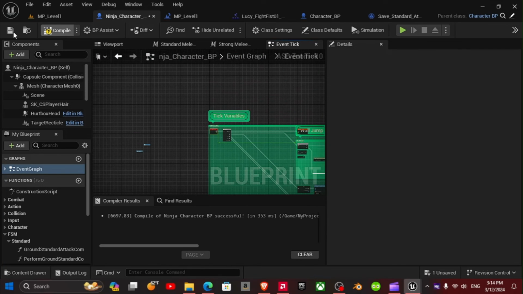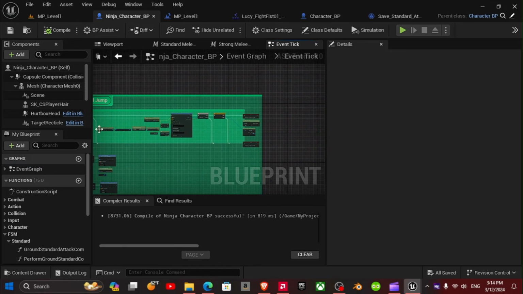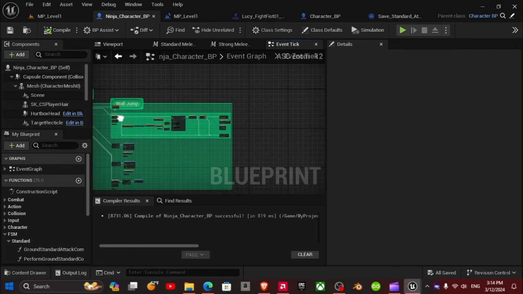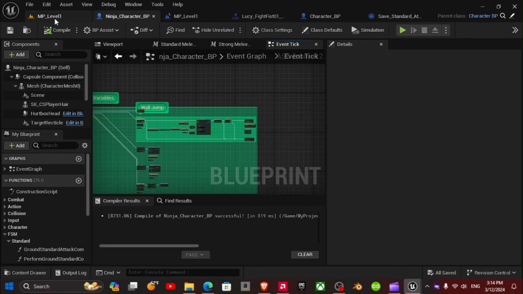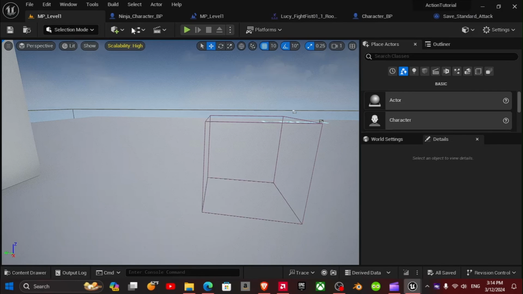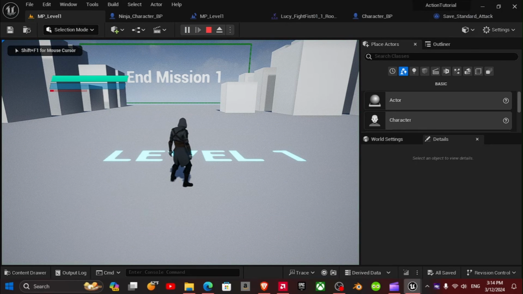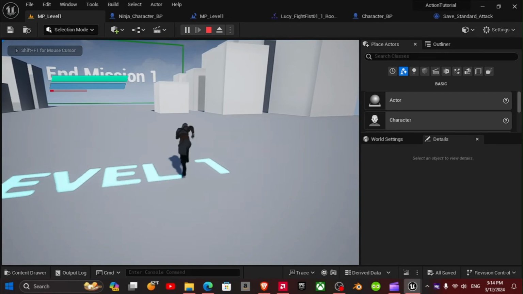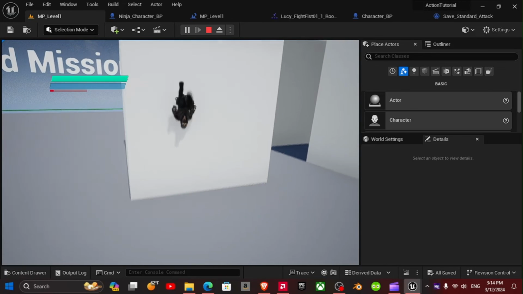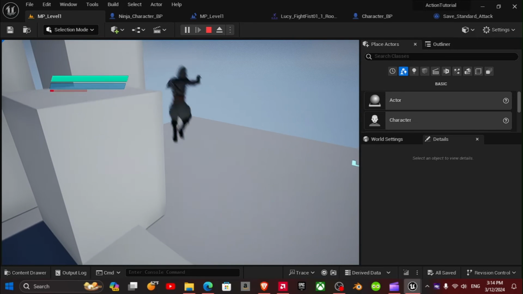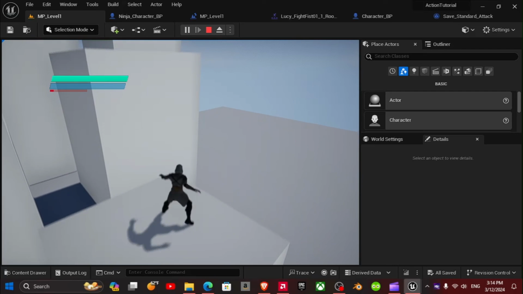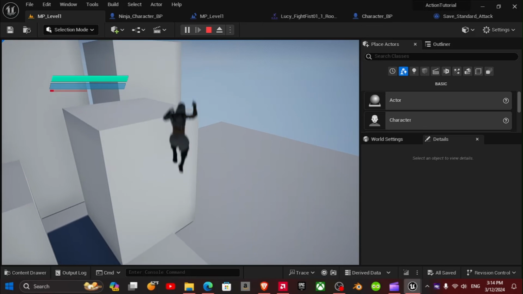Organize that. Let's see if this whole thing works. Nope. You cannot do the wall jump when you've already double jumped.